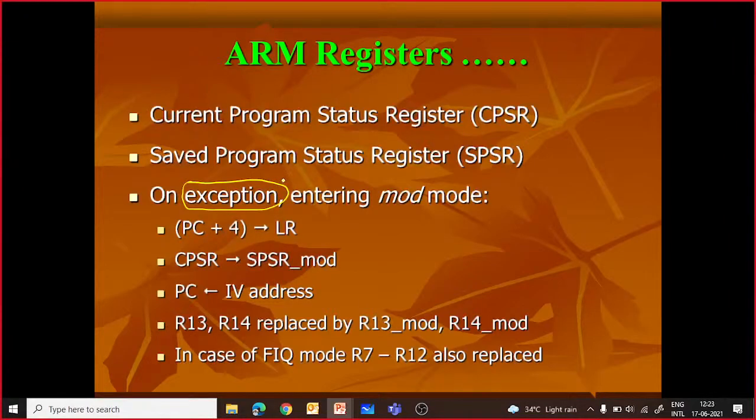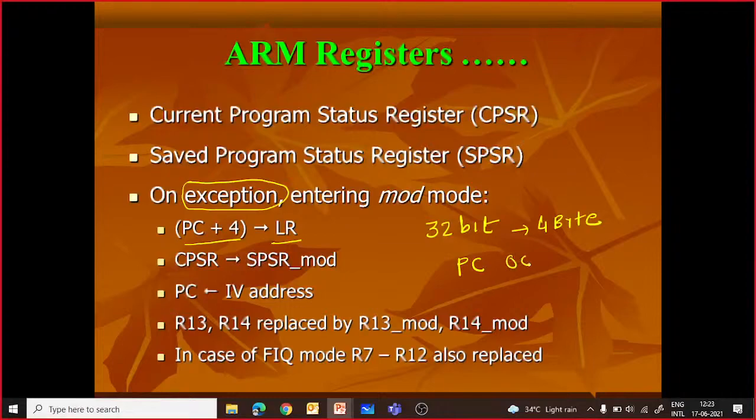But whenever this mode switching happens, what will the controller do? The PC plus 4 will be saved to the link register. Now why PC plus 4? Because after execution of every instruction, your PC will be incremented by 4, because every instruction, as we discussed last time, is 32-bit long. 32-bit long means it is 4 bytes.